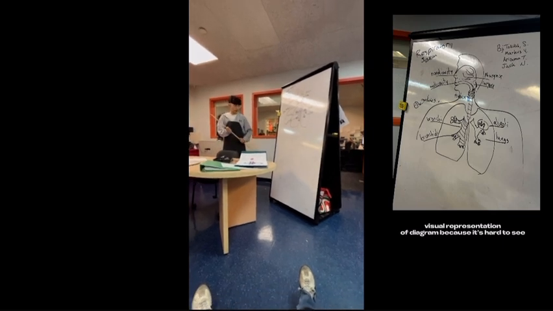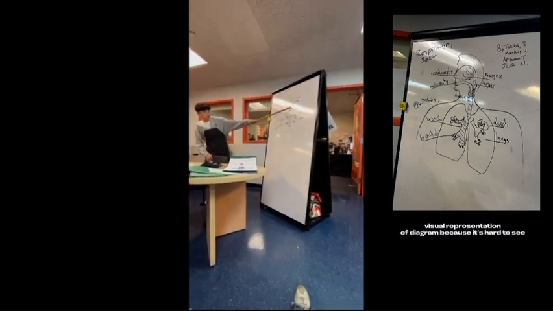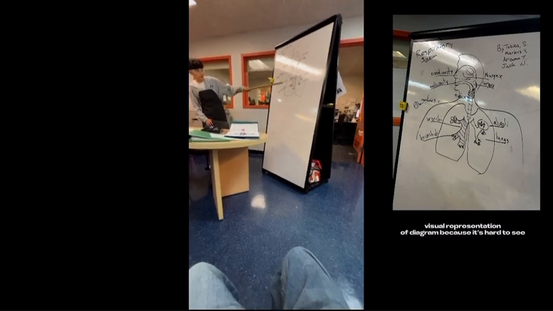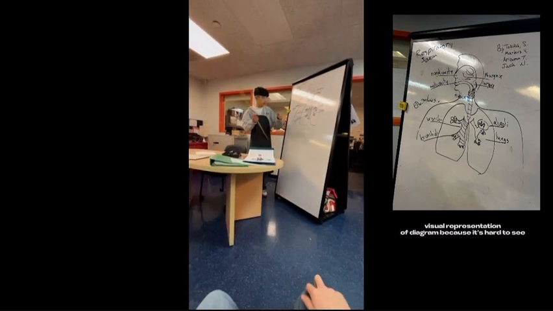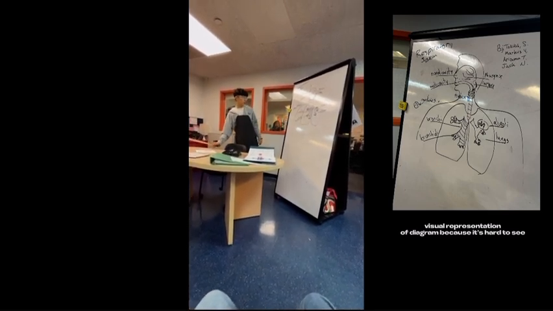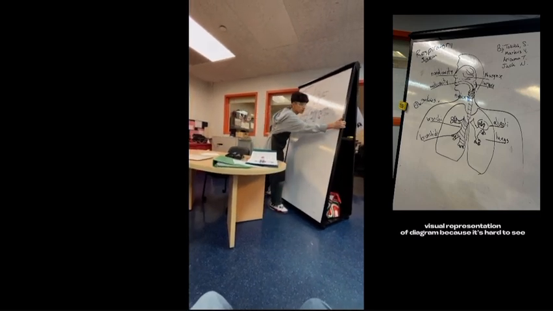Everyone listening? All right. Now, let's pretend that we're journeying down, and the oxygen is right here. The oxygen goes into these smaller sections, the bronchioles, and all the way to the end. And you have these little air sacs. These are called alveoli. And alveoli have little capillaries on them, which brings us to our next organ system, the